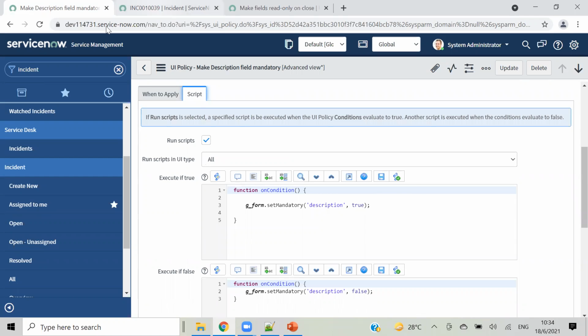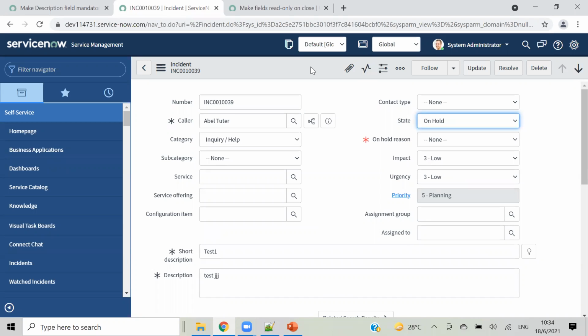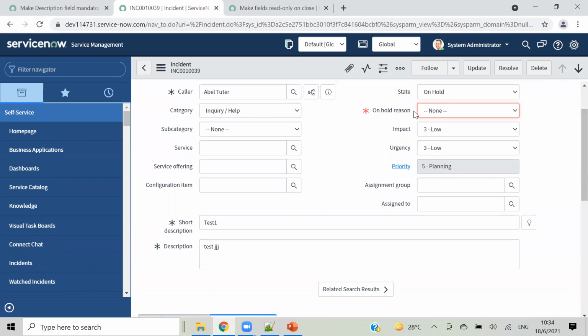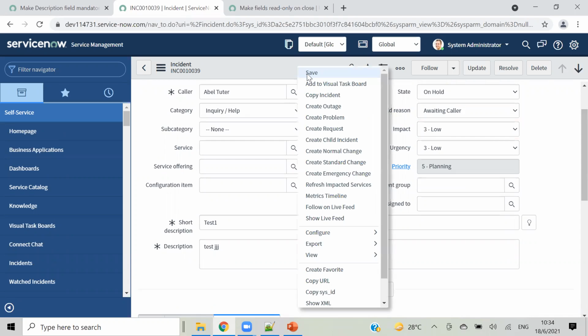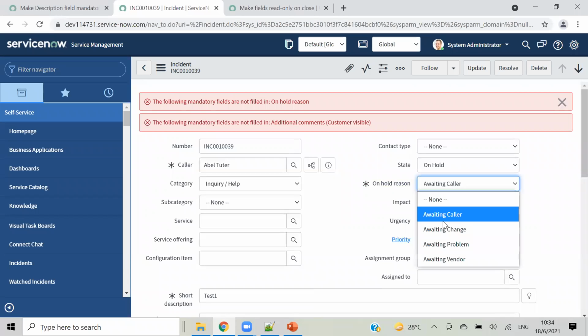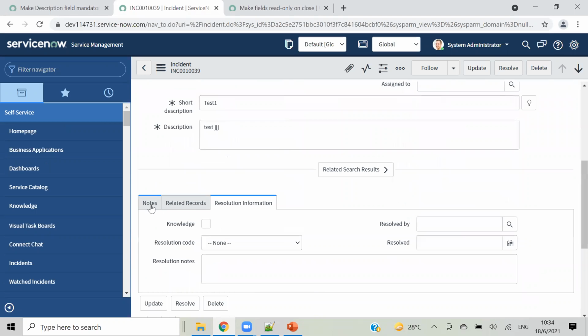And let's change some other state and let's see. I am keeping that as on hold. Okay, I have to give mandatory reasons. Hold reason here. I'm waiting for this. Okay, we have to give notes also, right?